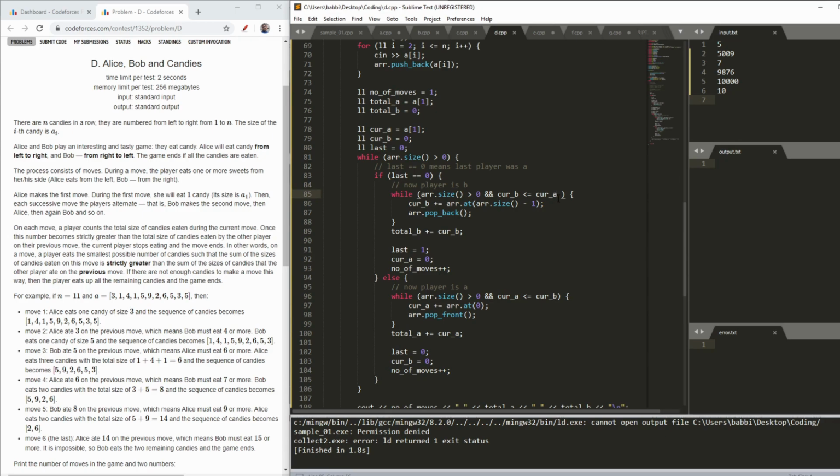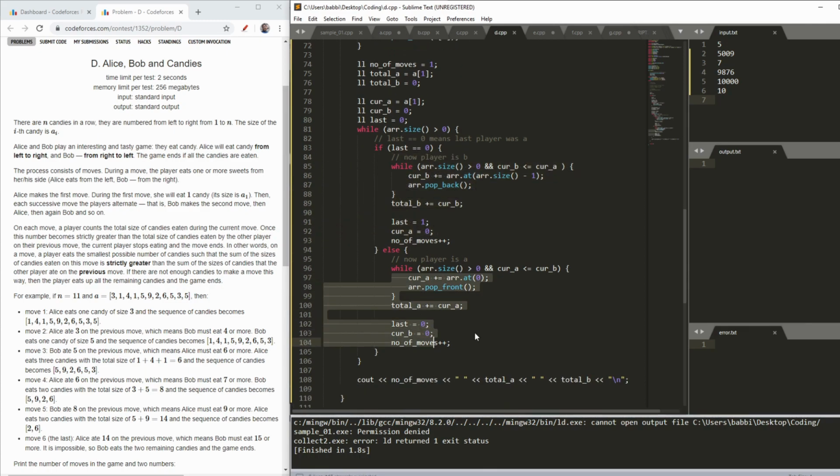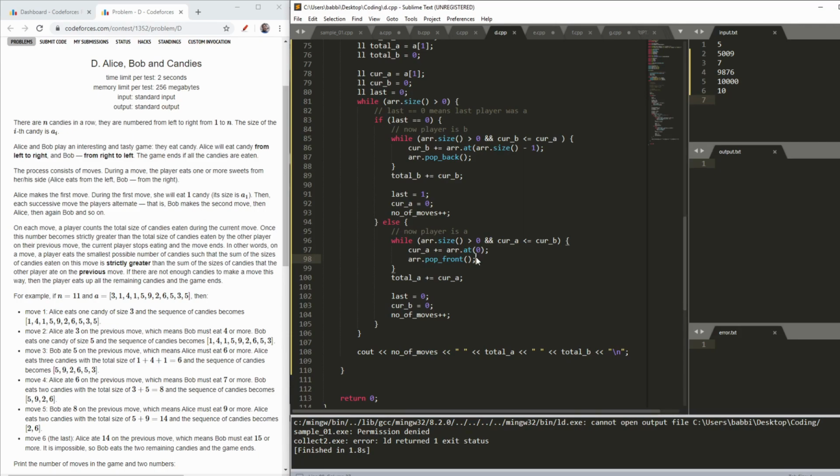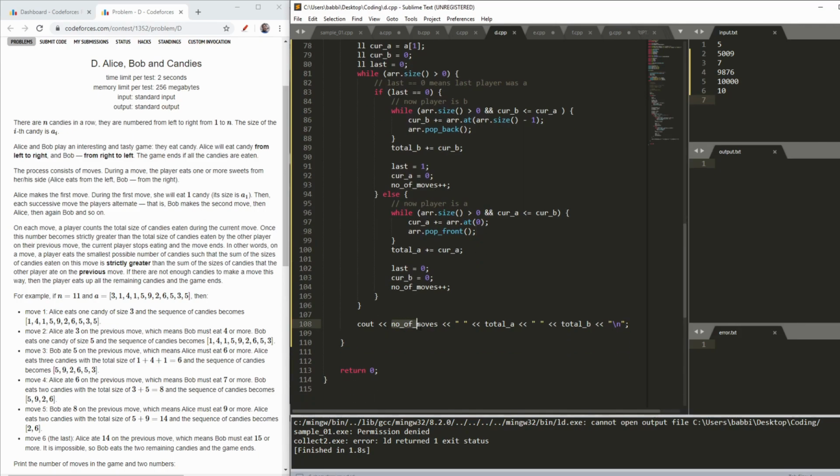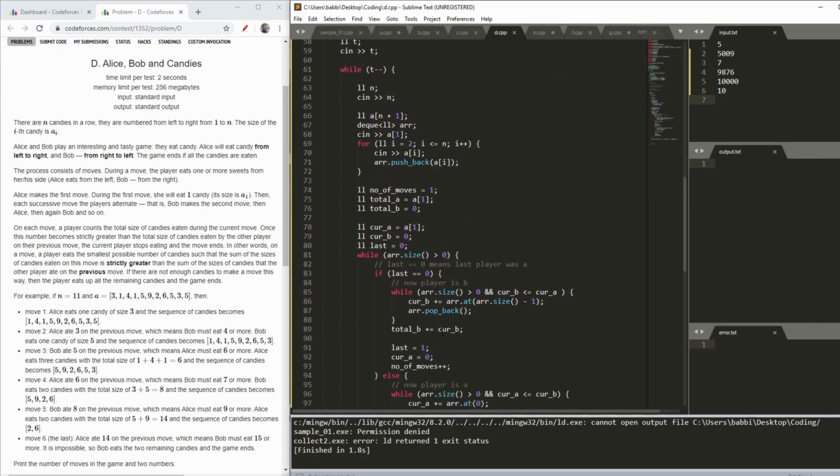I will do the same thing for my other loop also, as you can see here. For Bob I will pop from the back, and for Alice I will pop from the front, and at last I will print my number of moves, the total of A and the total of B, and here it is.